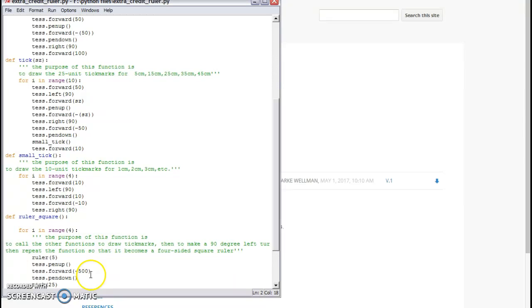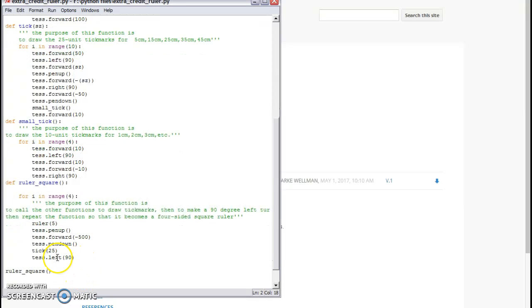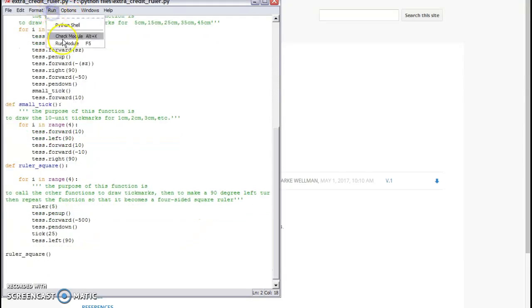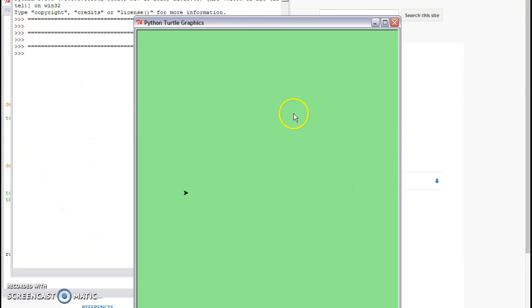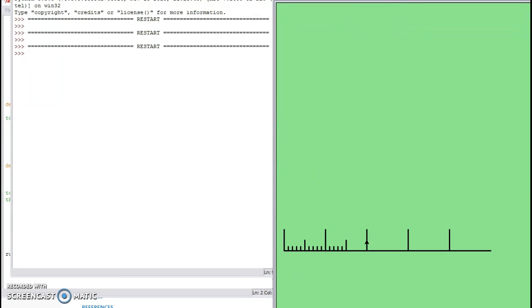And so there's it moving forward, and then it moves the pen down. Then it does the mid-sized ticks, and takes a left turn. Inside the tick function is to create the small ticks. So let's take a look at what that looks like. I'm going to go ahead and run it, and here's Tess off to the races, creating the small ticks, the large ticks, and the mid-sized ticks as we go,